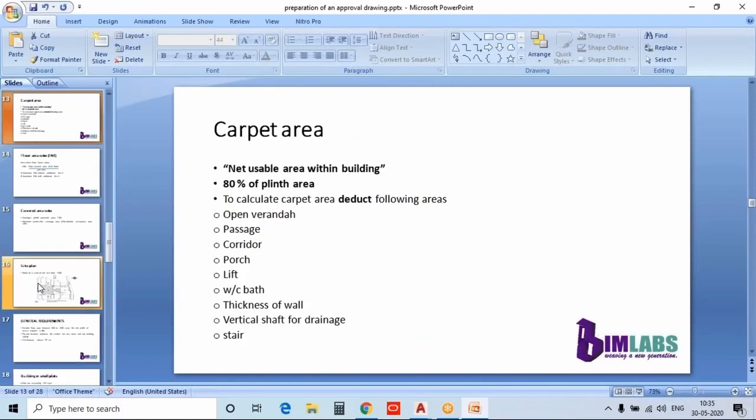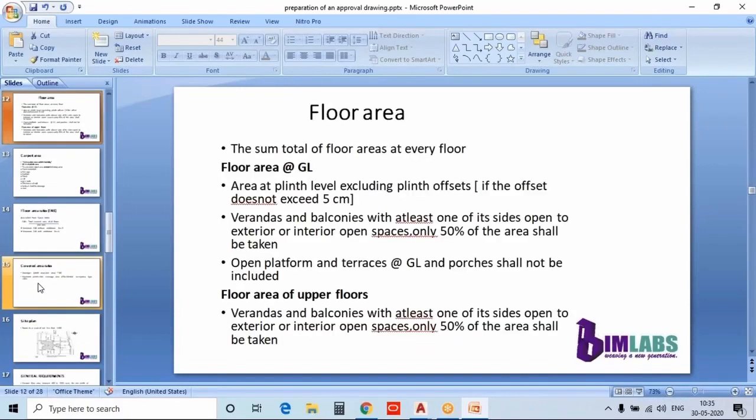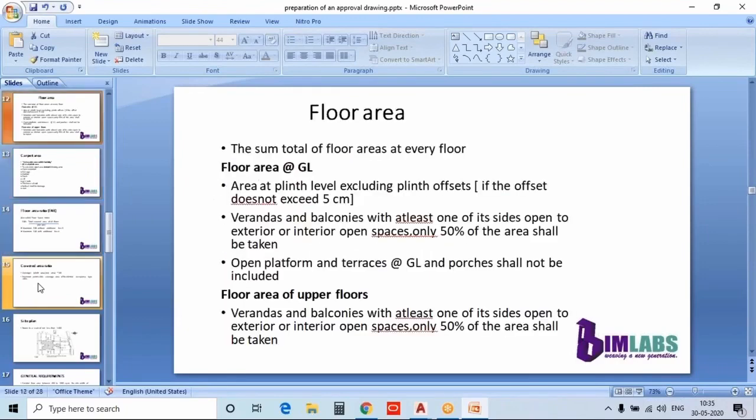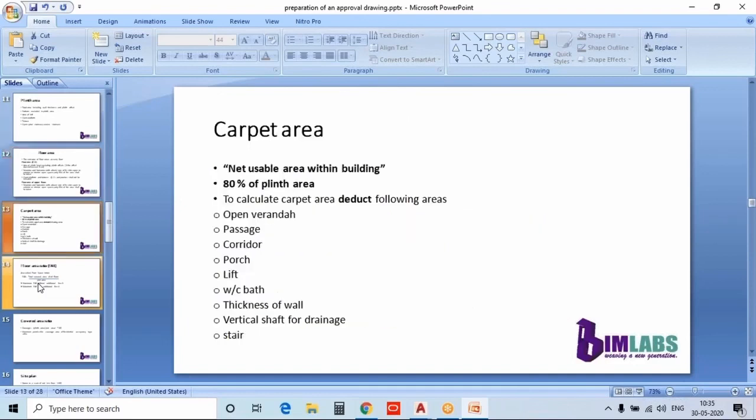These are all the areas we have to find out after planning the buildings. After completing the floor plan itself, we can find out these areas. Then we have to draw the sectional views and elevation. Then we have to find out all these areas like plinth area, floor areas, that is the sum of all floors, total floor area. Then carpet area: you have to find carpet area individually for all floors, like ground floor carpet area, first floor carpet area, and the total carpet area will be the sum of these individual carpet areas of each floor.